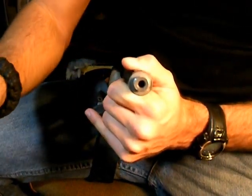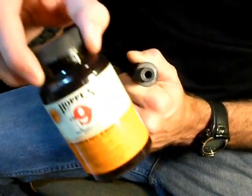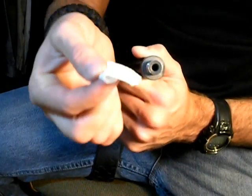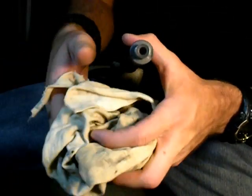To clean this, you're going to need a couple things. You're going to need an old brass wire brush, or bronze brush, whatever you call it. You're going to need some bore solvent. I use Hoppe's number 9. You're going to need some type of patch. This is just a patch I cut out of a t-shirt. And you're going to need the dirtiest rag you can find,